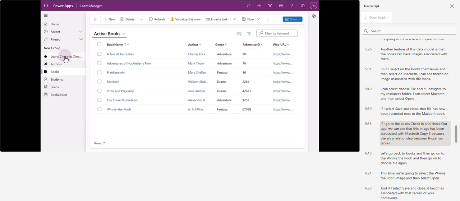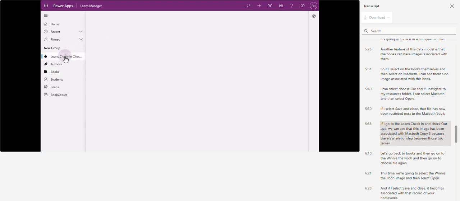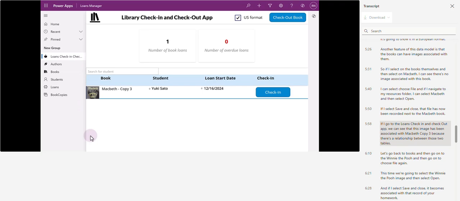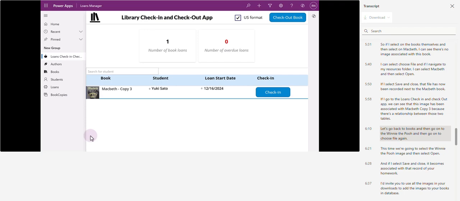If I go to the Loans Check-in and Check-out app, we can see that this image has been associated with Macbeth copy 3 because there's a relationship between those two tables. Let's go back to books,